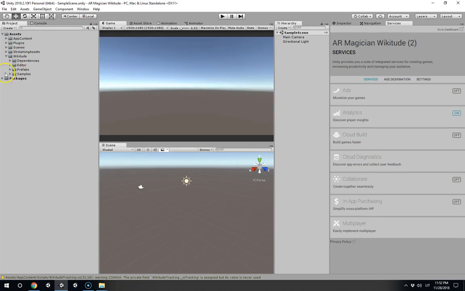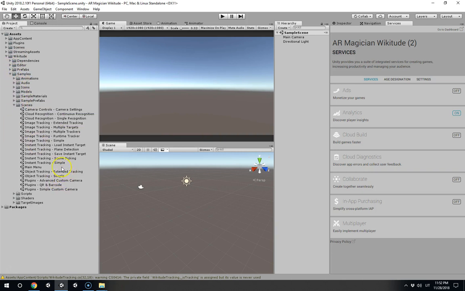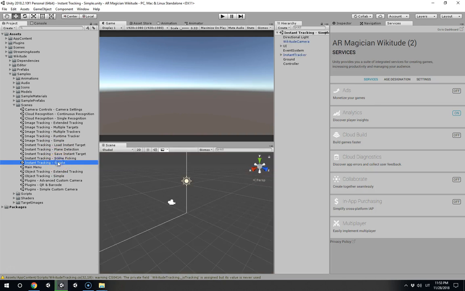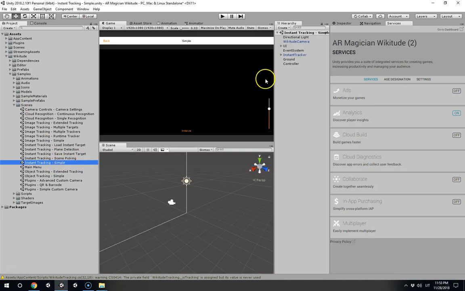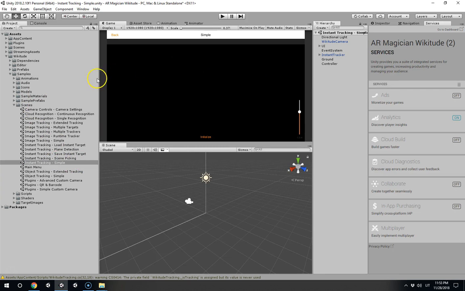So let's go to the Wikitude folder over here, and let's expand the samples scene. Based on one of Wikitude's scenes, we will make our augmented reality magician solution. So we're going to use instant tracking simple. Don't mix it up with image tracking simple. Okay, so let's load up instant tracking simple, and we have